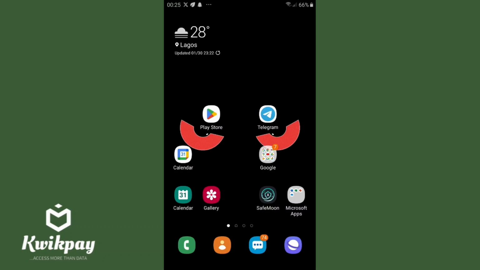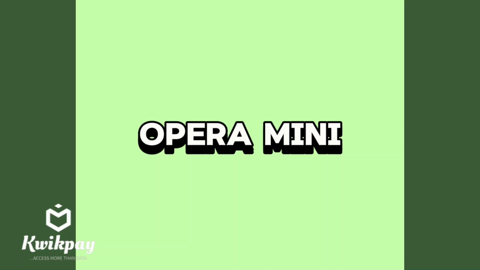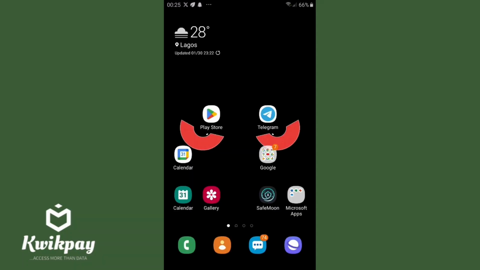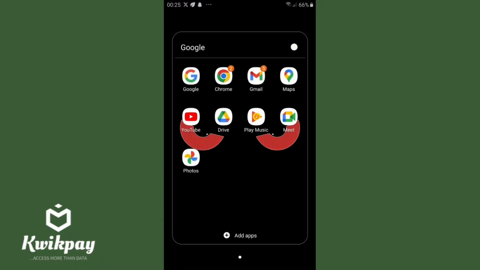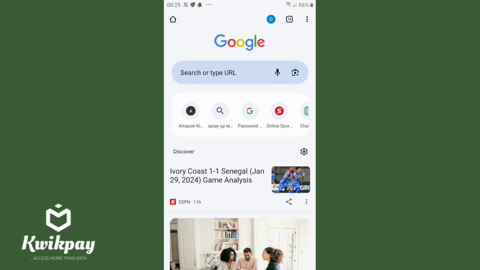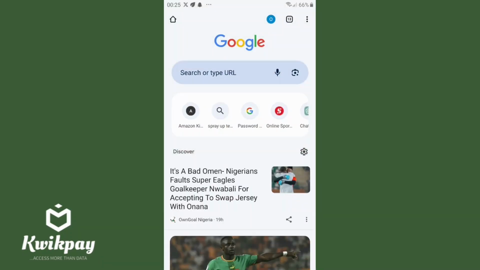So now I'm going to go to any browser of my choice. I'm going to make use of Chrome, but you can use any browser on your phone, the Kiwi browser, your Opera Mini, Firefox, just anyone. So now I'm going to click on my Google Chrome. I'm going to search in the Kwikpay websites. So you can just type in